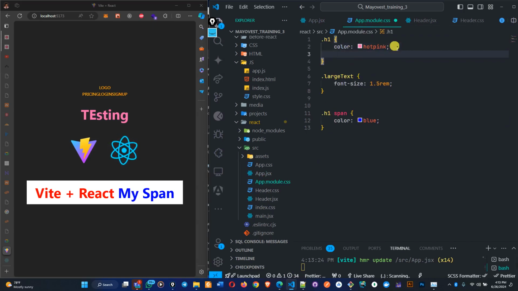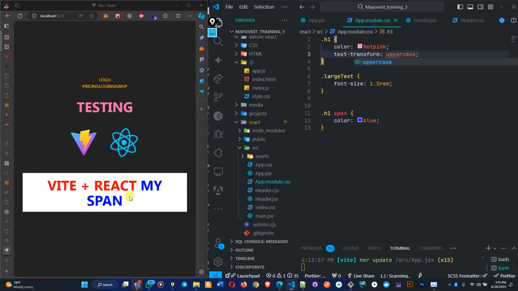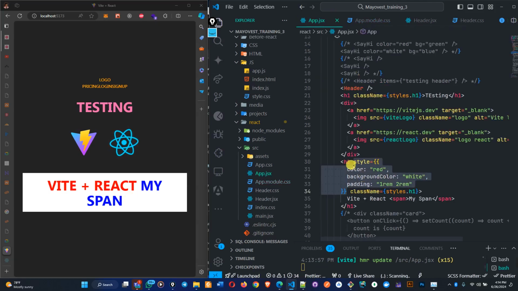Here, we said the color should be this hot pink. What I can do is just to do the text transform like this, which is going to be uppercase like that. And if I save it, you see that it's affecting here and it's affecting this one. But whatever style you are dealing with inline, it really only affects that particular element. So sometimes you use this, it's just in rare cases that you're going to use the inline style